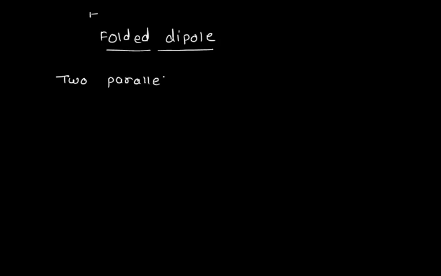I'll talk about the folded dipole. We have talked, I think, about the dipole antenna. Now, what do you mean by folded dipole antenna? So you are using a dipole, but that dipole is in the shape of a folded kind. So you are having two parallel dipoles connected